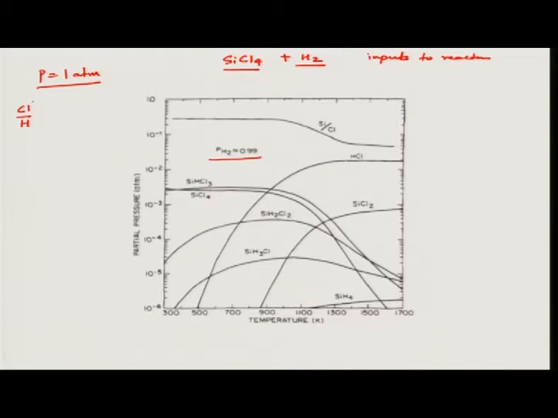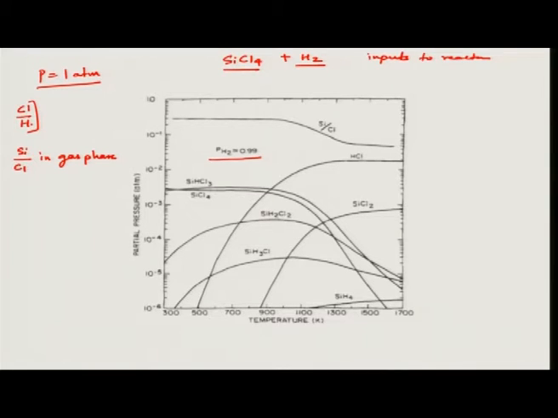Okay. So, from this we can know the Cl by H ratio. Now, after calculating the partial pressures of gases inside the chamber, we can convert that into the silicon to Cl ratio in the gas phase, because chlorine to hydrogen will remain constant. All the chlorine will be in the gas phase, and all the hydrogen will remain in the gas phase.